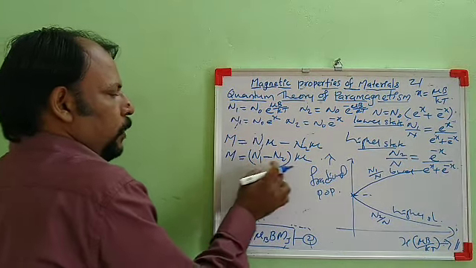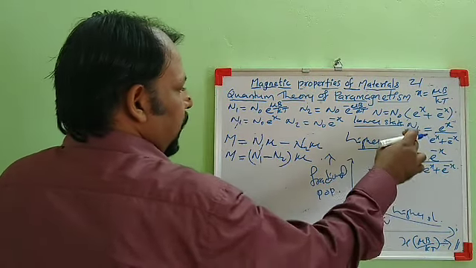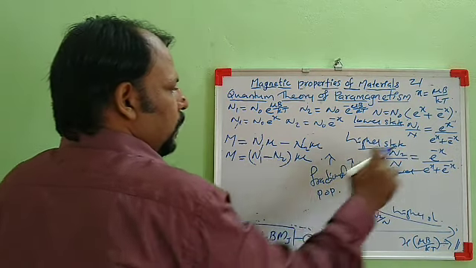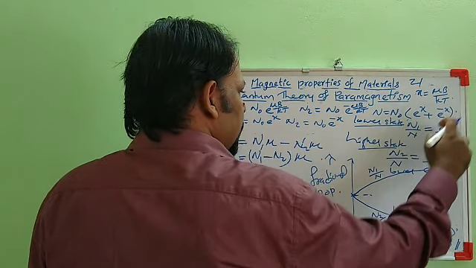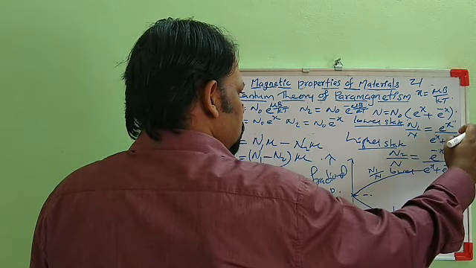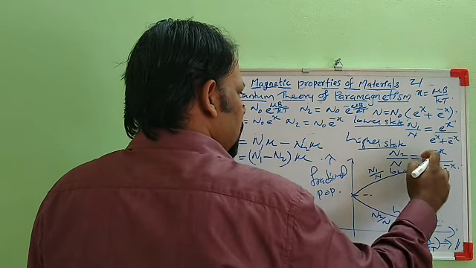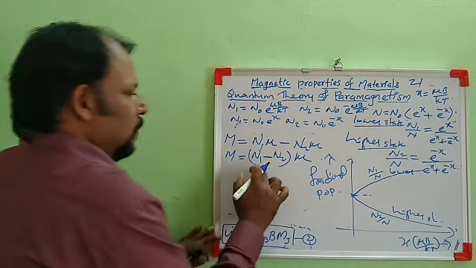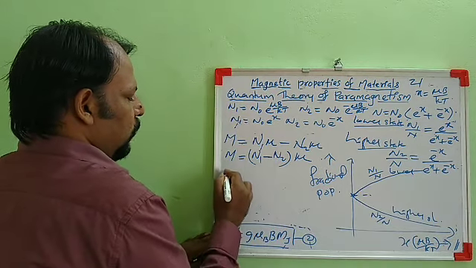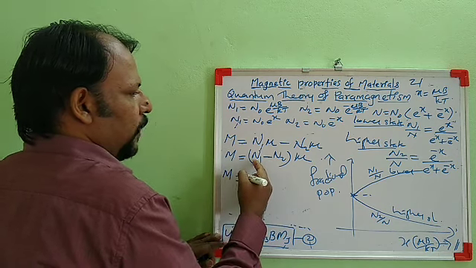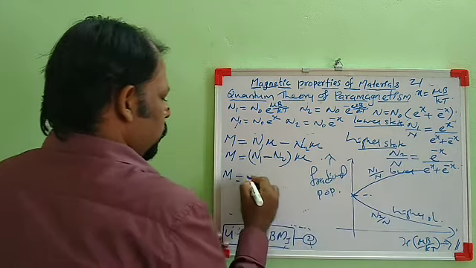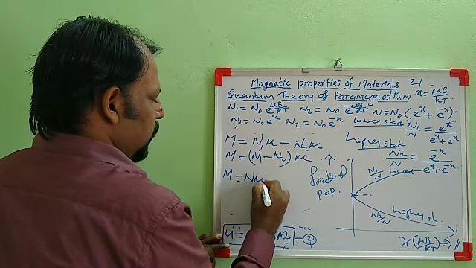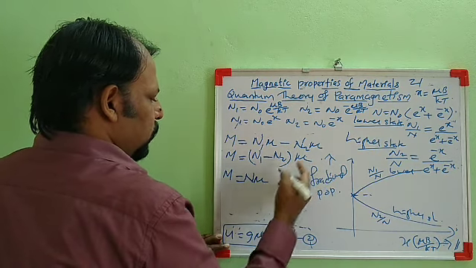So we know N1 by N and N2 by N. N1 will be N into e raised to X by e raised to X plus e raised to minus X. N2 will be N into e raised to minus X by e raised to X plus e raised to minus X. Substituting that value in this equation, we will get the magnetic moment as, instead of N1, we can write N into, I am taking it common. Then here mu is there. N mu is the magnitude of magnetic moment.